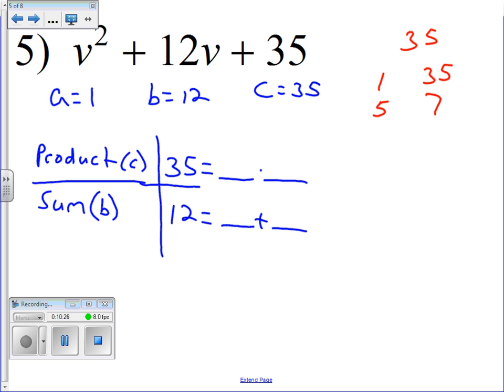The sum and difference of 1 and 35 is 36 and 34. 5 plus 7 is 12, 7 minus 5 is 2. So 5 plus 7 works to give me 12. What about 5 times 7? Does that give me positive 35? Yes. So my answer is going to be